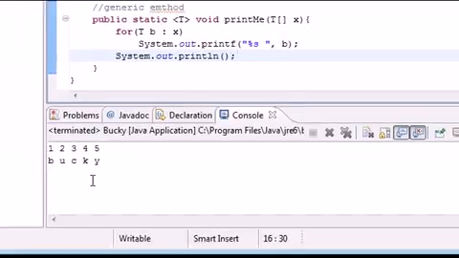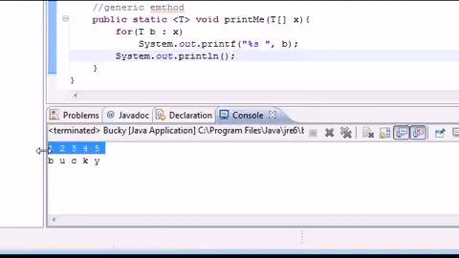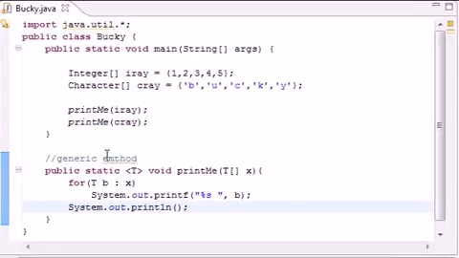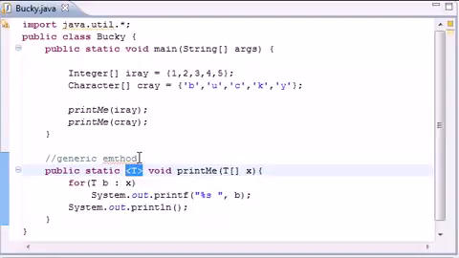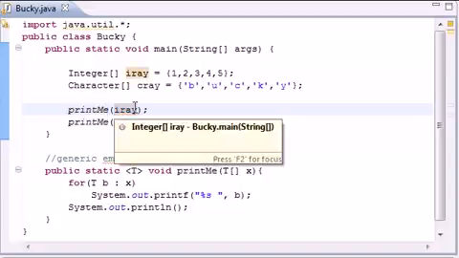And as you can see, instead of having to build a whole bunch of different overloaded methods, we can just use this one generic method and pass any type of data we want into it, and it works just fine. So here we passed it an integer array, and here we passed it a character array, and as you can see, instead of having a specific type of data, we just put a generic letter, which was T. So here's how it works. These statements right here, printMe with an integer array, at first, whenever you call this method, it first attempts to locate the method that takes an integer array as a parameter. If it says, alright, I cannot find a method that takes an integer array as my parameter,